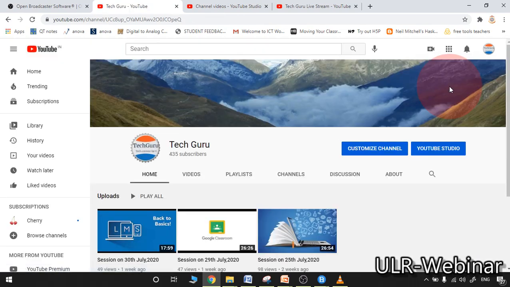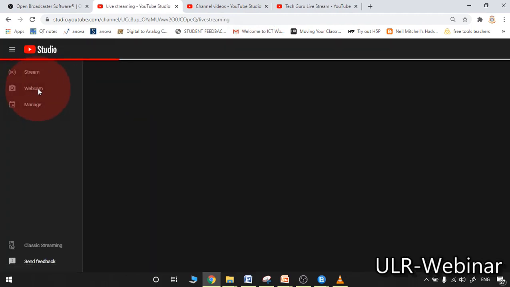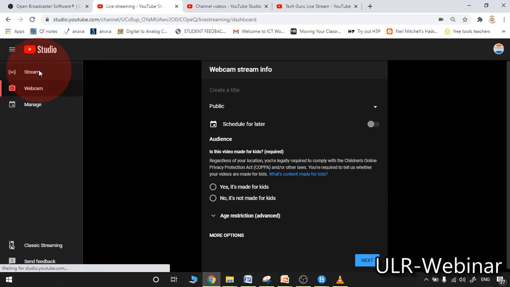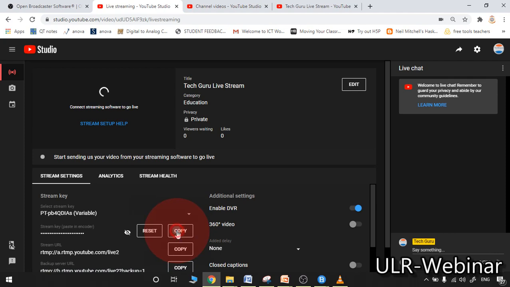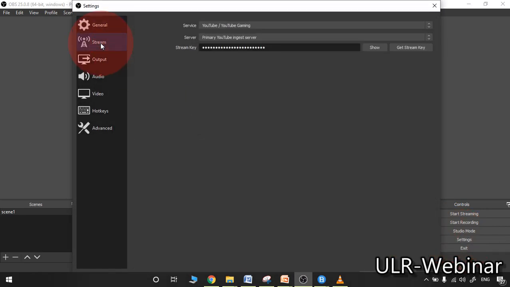So now once again, in simple steps, I want to tell all these steps. We need to go to the live option. If you want to use the webcam, no need to use OBS or StreamYard. Okay. If you want to use screen sharing option, go to the stream, copy the particular stream key and go to the OBS. In the settings, stream settings will be there.